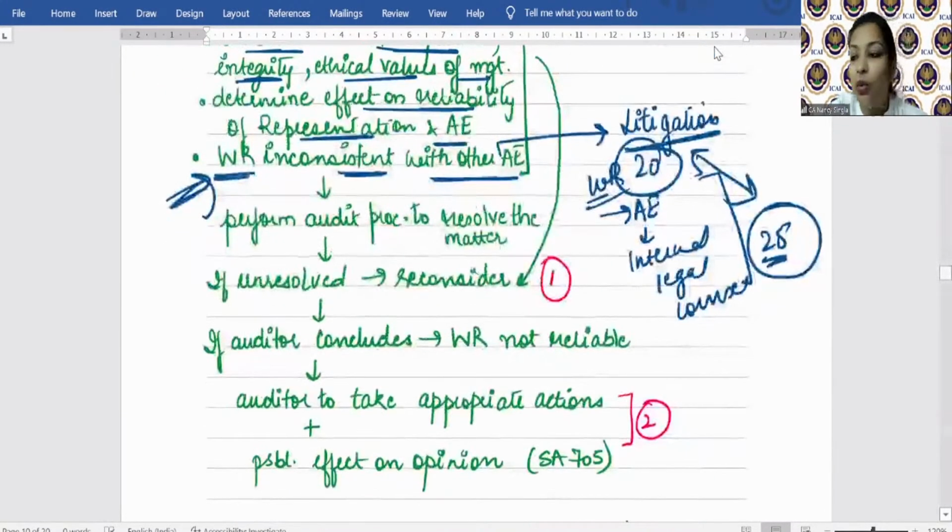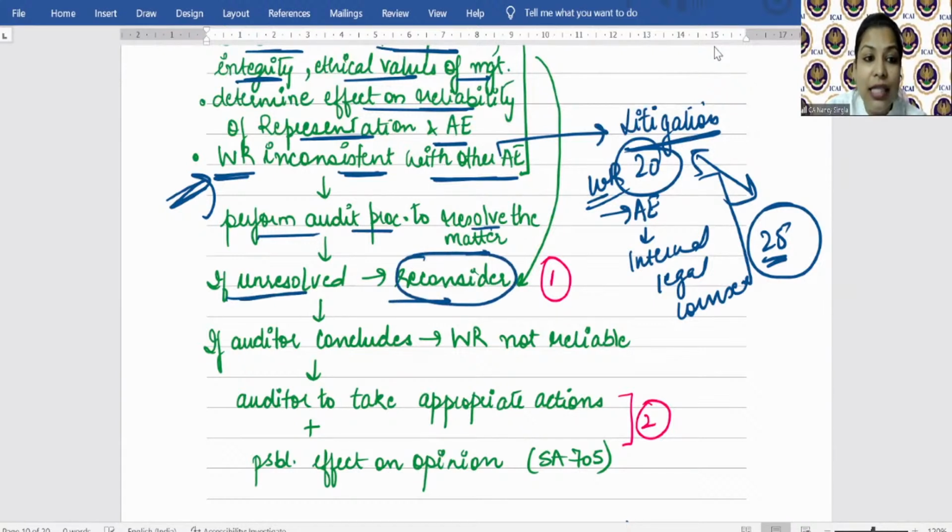पहले क्या करोगे? सीधा थोड़ी ना audit छोड़ देते हैं हम. तो क्या करते हैं? Perform audit procedure to resolve the matter. If that matter is still unresolved, रिकंसीडर, देखो आप बहुत बड़ी बात बोल रहे हो कि मैनेजमेंट ऑनेस्ट नहीं है, तो रिकंसीडर द रिलायबिलिटी, द ऑनेस्टी ऑफ द मैनेजमेंट, कंसीडर द इफेक्ट ऑन रिप्रेजेंटेशन, रिकंसीडर करो ये वाला स्टेप, तो दैट इज व्हाई आई पुट एन एरो।